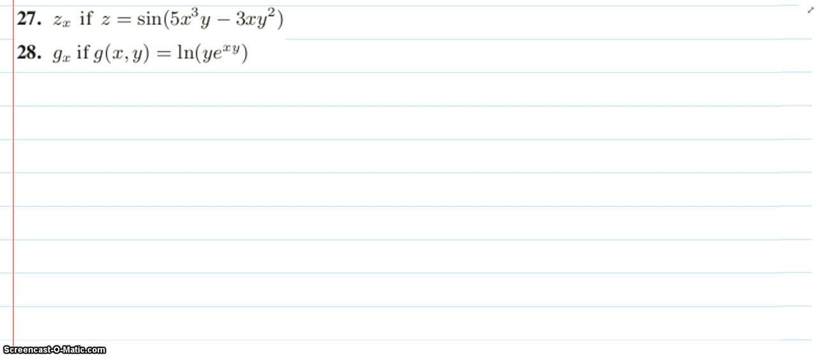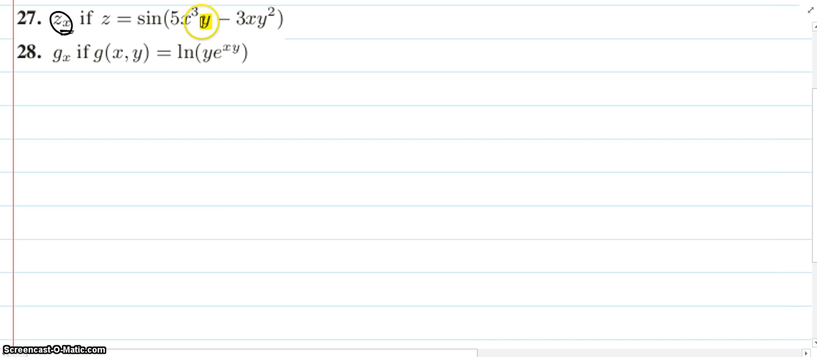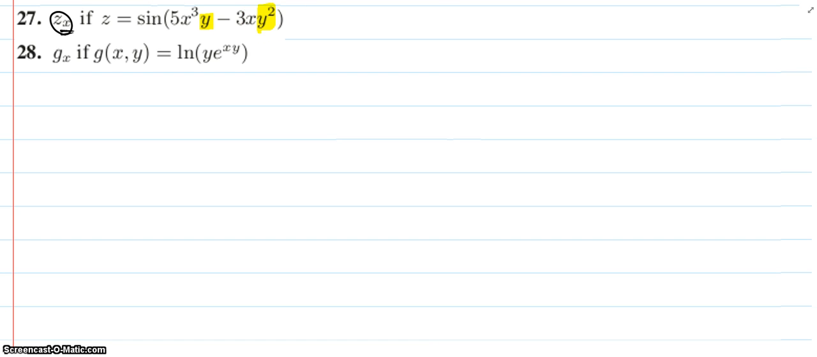So for example, here question 27 is asking us to get zx, so that means y is constant. So all the y's in this equation we will think of as just a constant, like just 4 or 5, any of that. So when we differentiate z with respect to x,